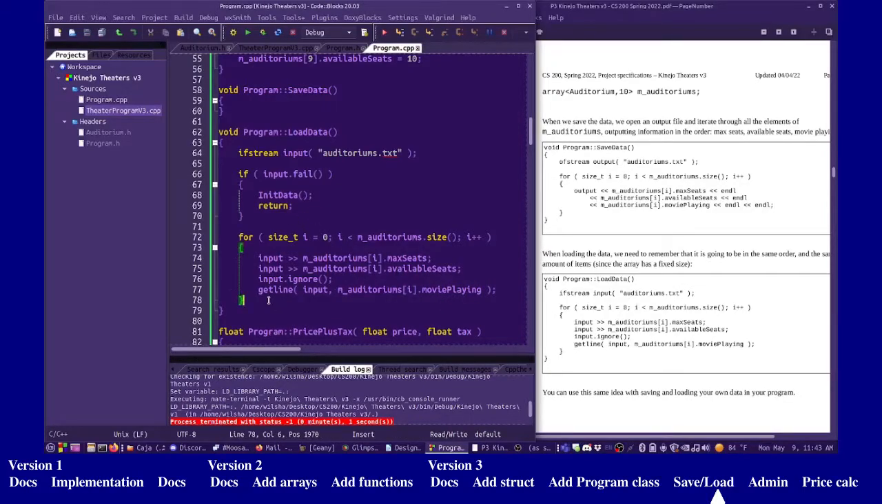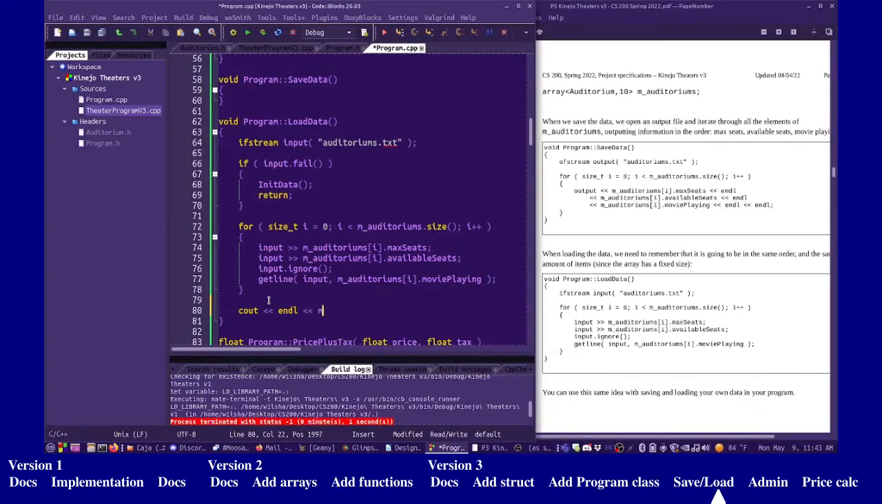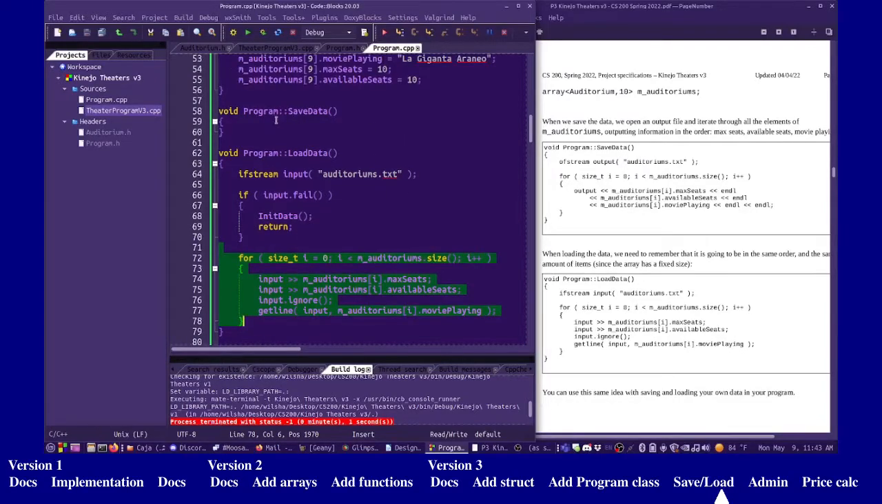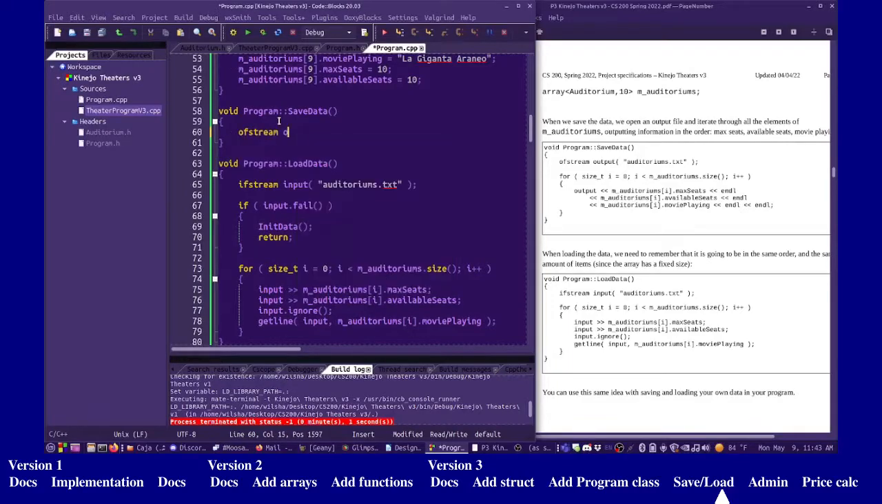And if we want, we could display something like auditoriums. Well, we don't need to do that. We could just say it loaded this amount of data, but technically the array is a fixed size, so it should have 10 things. Save data, we'll do ofstream output